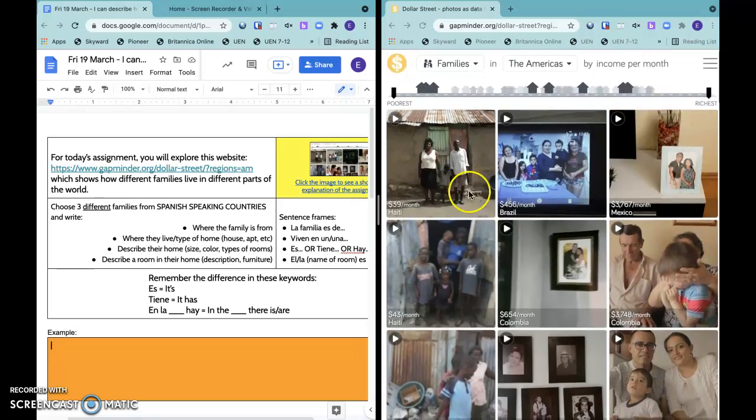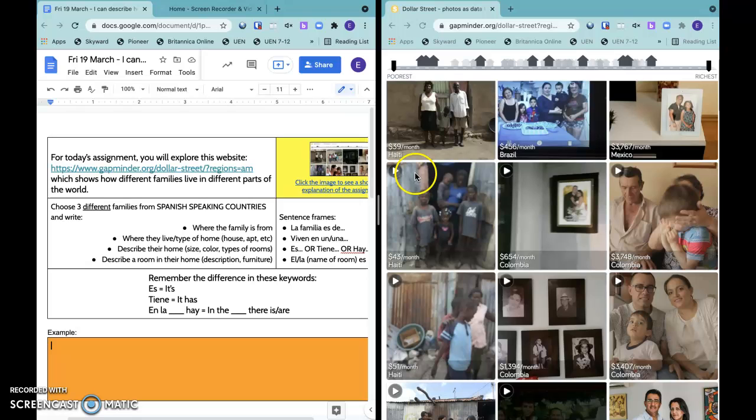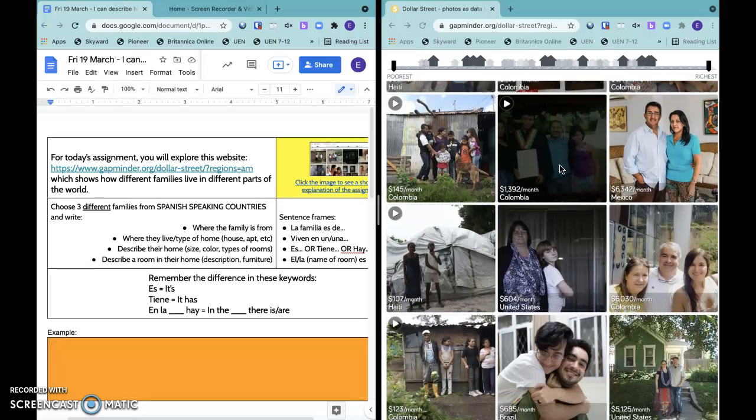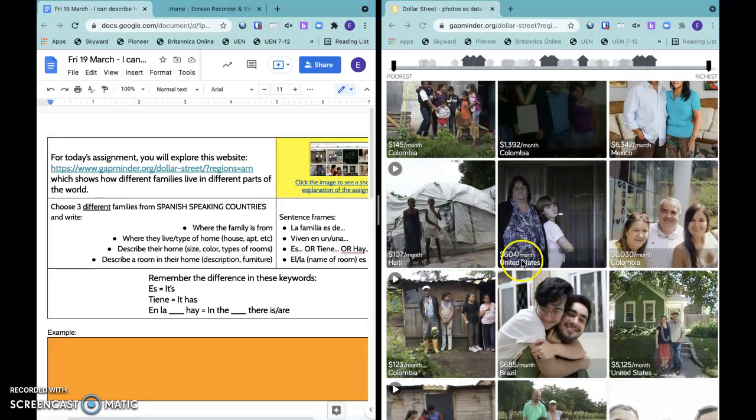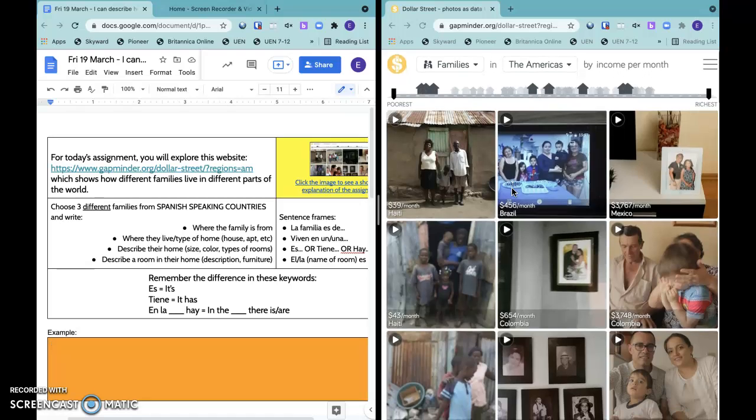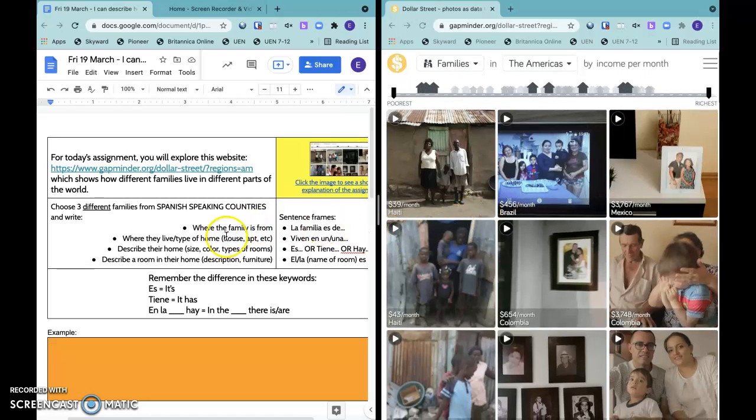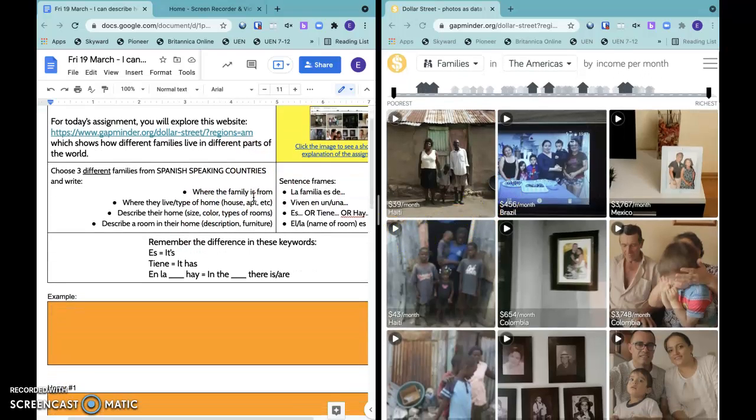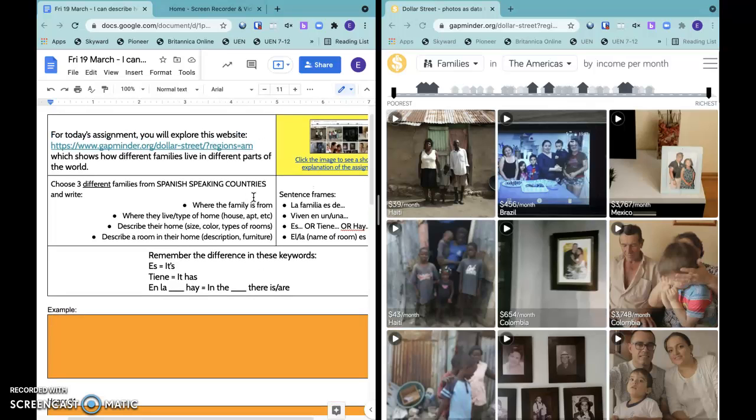So, before you start, know that you're looking for 3 different houses from 3 different families, and they should all be from Spanish-speaking countries. There are families here like from Haiti and Brazil. They don't speak Spanish in these countries. You want a Spanish-speaking country. There's also the United States. No. So choose a Spanish-speaking country, and then you are going to be writing where the family's from, la familia es de,